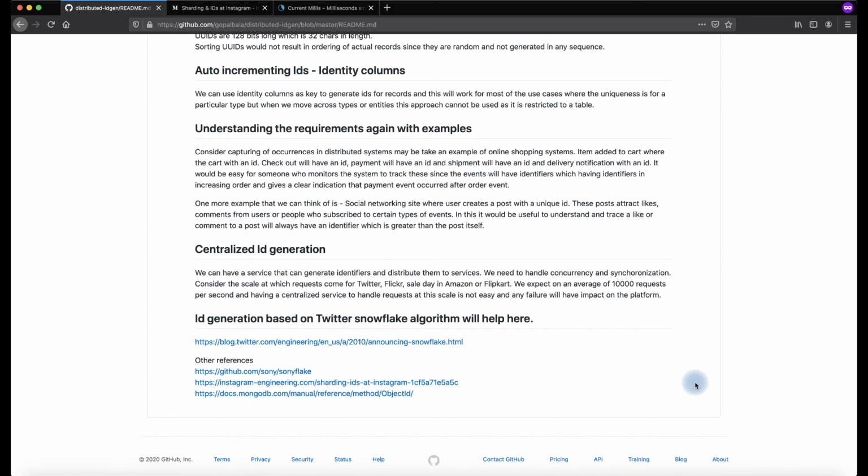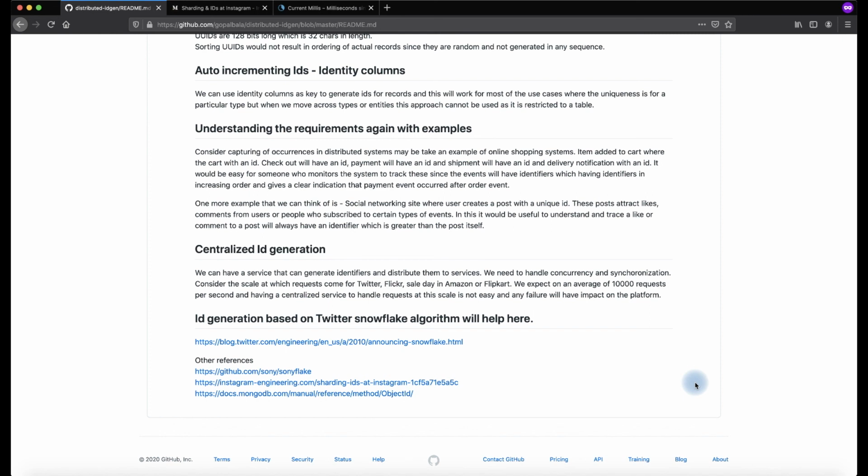Consider these approaches. But what are the cons of it? We have talked so much about this algorithm, which is highly available, scalable, roughly time sorted, and numeric. There are some potential things that we need to consider. The IDs that we are generating are not completely random. For example, if a hacker can see this ID, they would be able to guess the node ID, and they will be able to predict the next ID, because it is based on time. It is clearly known that the first 41 bits are based on time.